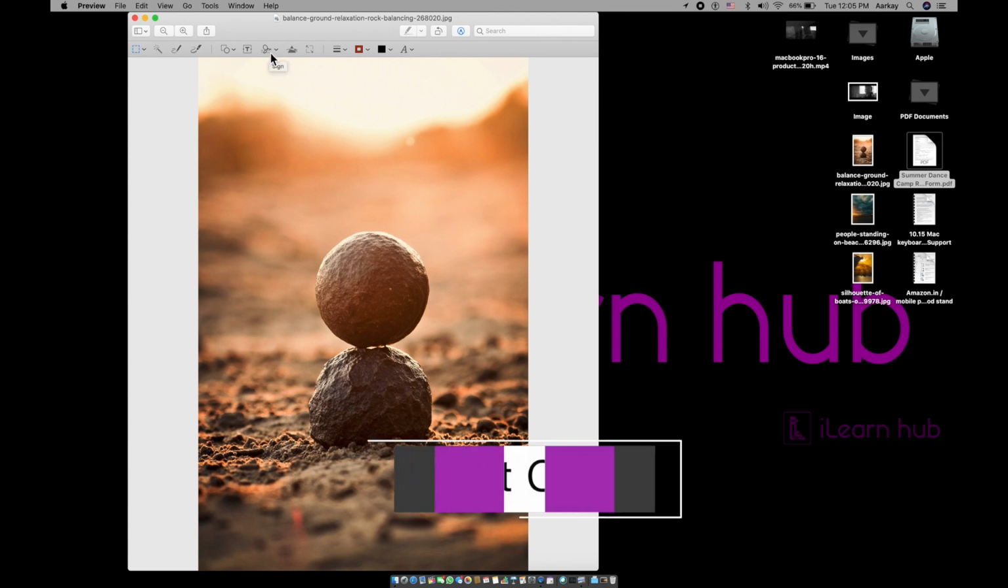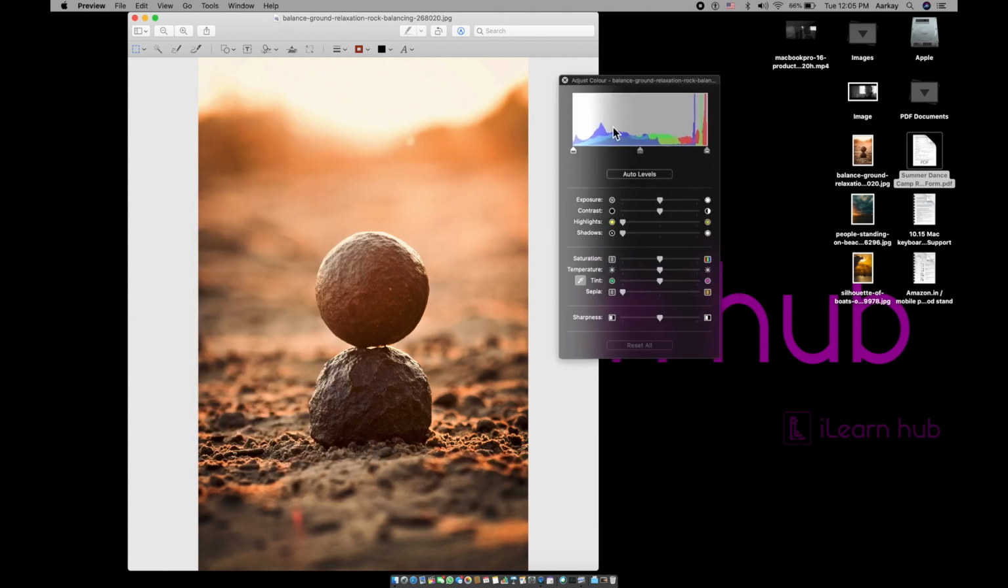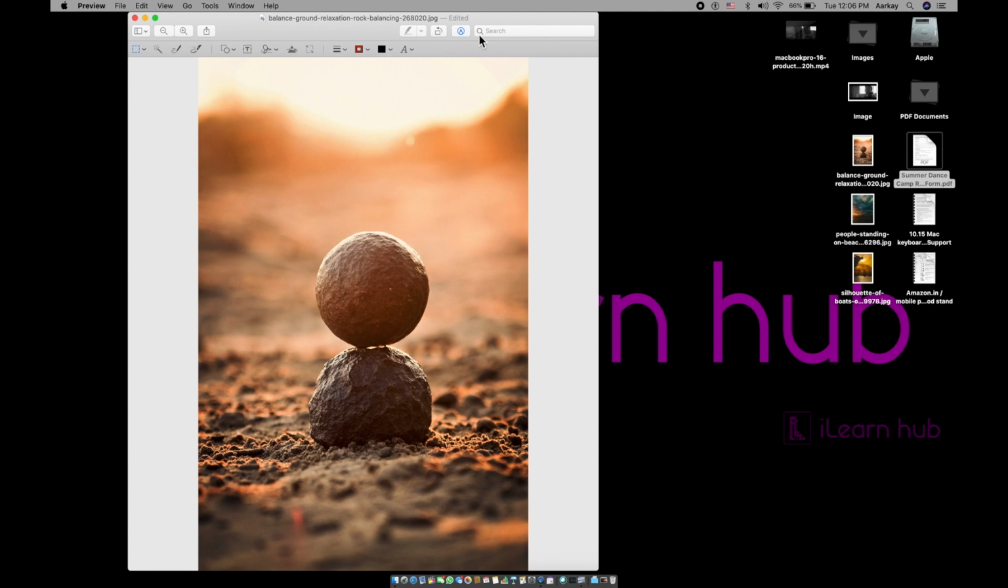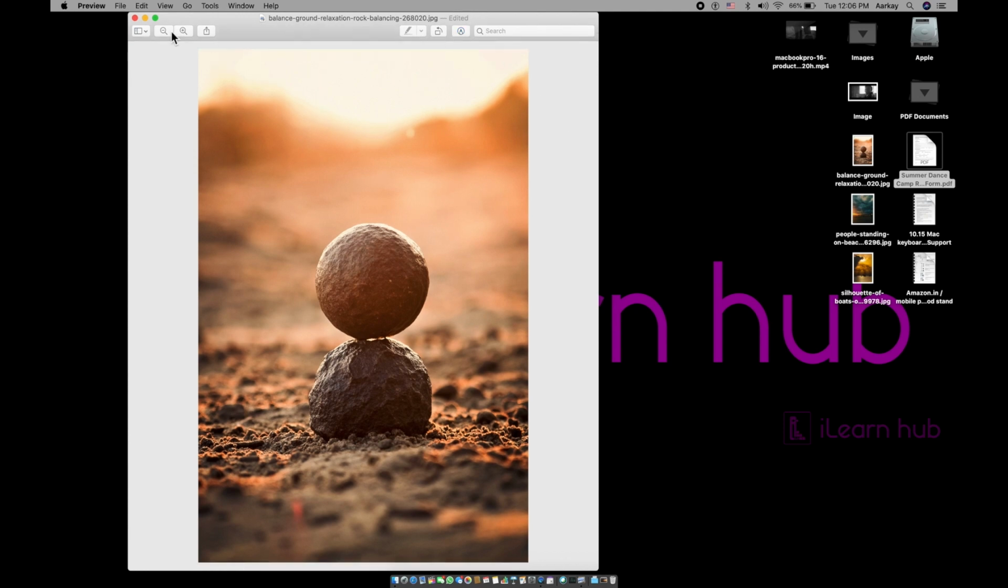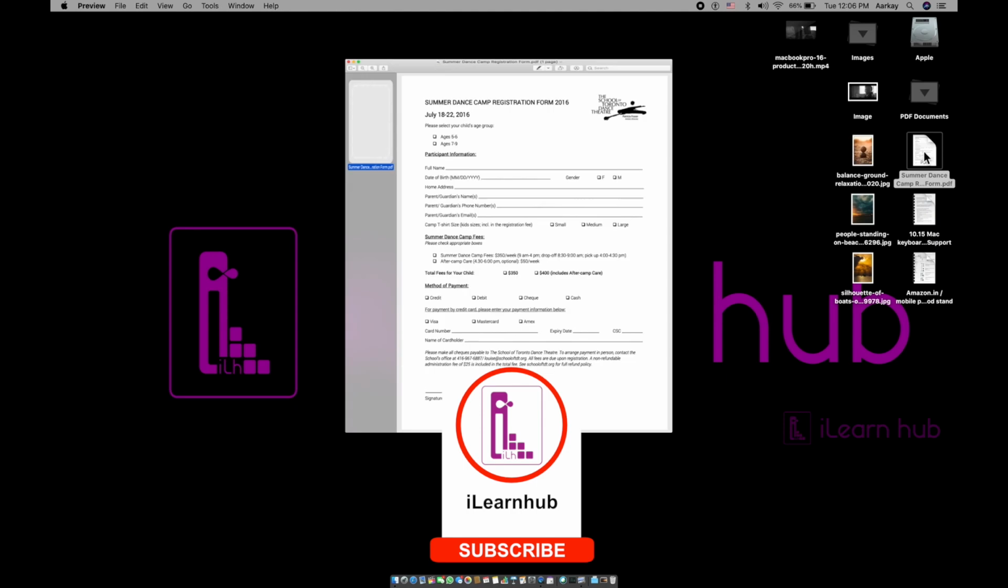I'll go into Adjust Color, and then you can change the exposure, the contrast levels, and even the highlights, shadows, etcetera, or just click on Auto Levels or Reset All. By the way, this is not a replacement for Photoshop or anything. Some minimum corrections you can do here. Now if you are using a PDF file,